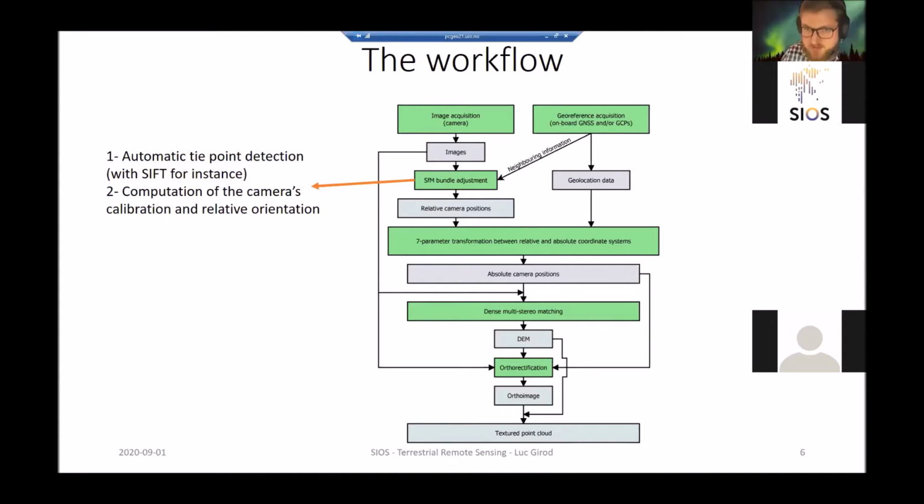And for that, we need the geolocation data that's acquired at the same time as the images, or sometimes not at the same time, but that's at least provided to the person doing the processing. Then we have the camera positions, and from this we can do what we call dense multi-stereo matching, or multi-stereo if we have the luxury of having more than 2 images, otherwise just stereo matching. So there we're going to reconstruct the whole 3D